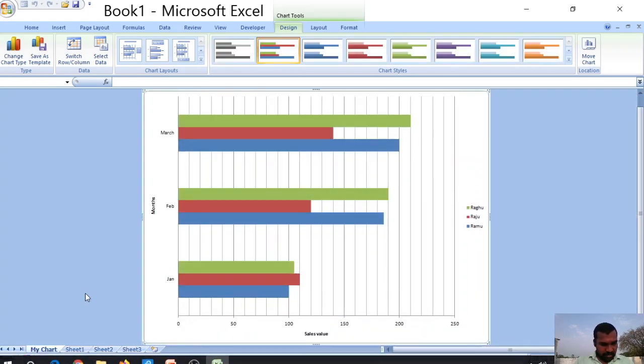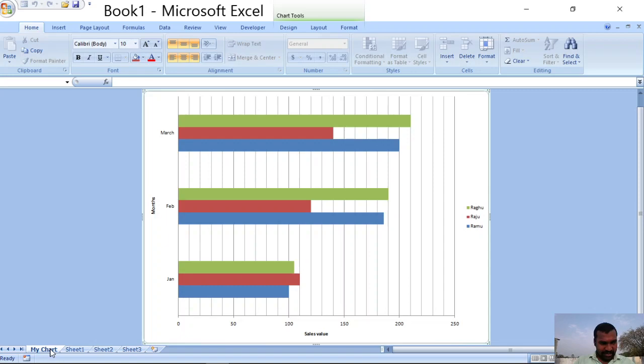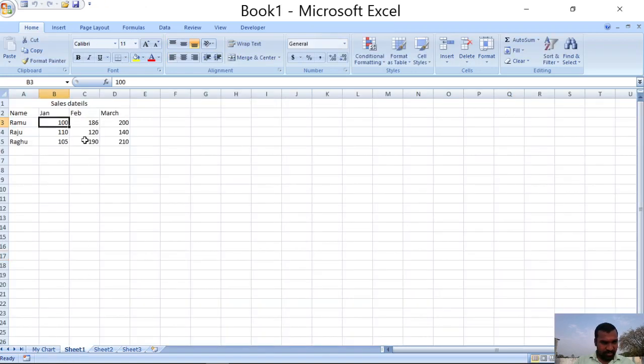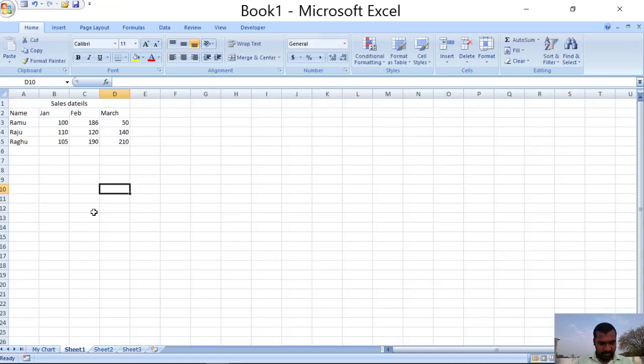By default Sheet 1, Sheet 2, Sheet 3 are there, and a new sheet is created with the name My Chart. It is going to display only the chart. In Sheet 1 here we have several values. I am changing the value for March, for Ramu, from 100 to 50. Here you can observe the value 50 is reflected. For example, here I am changing it to 500.